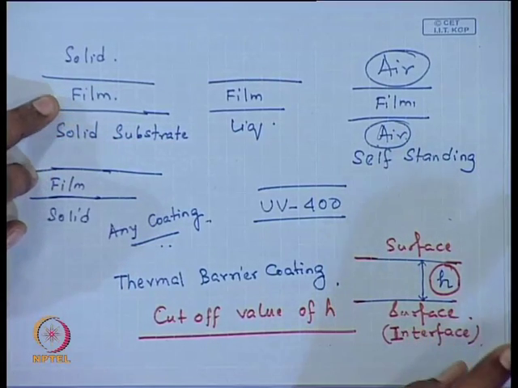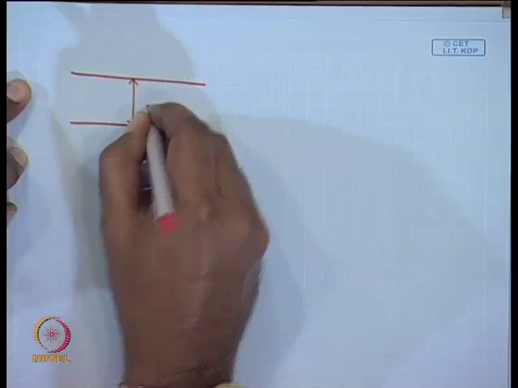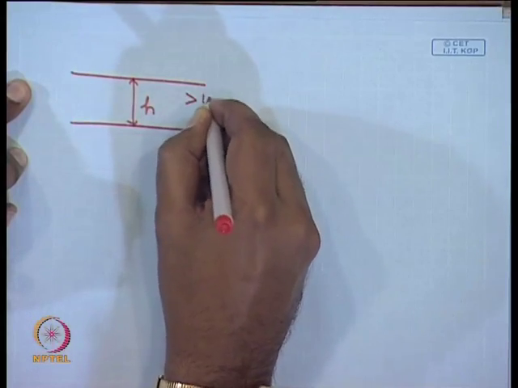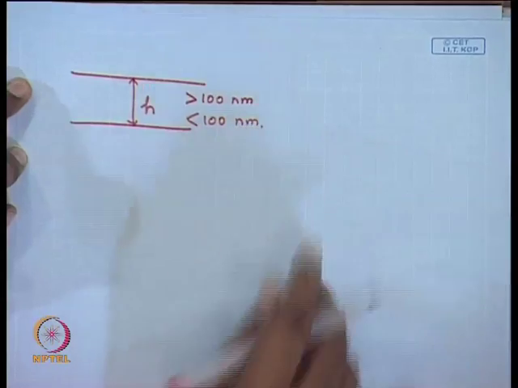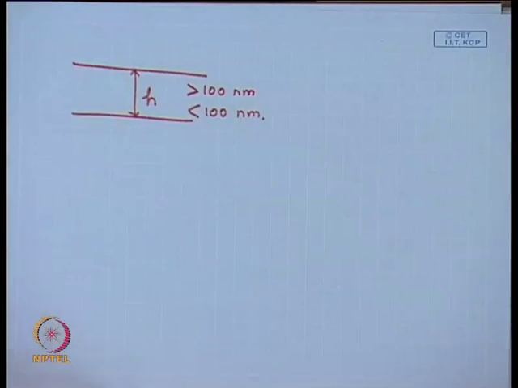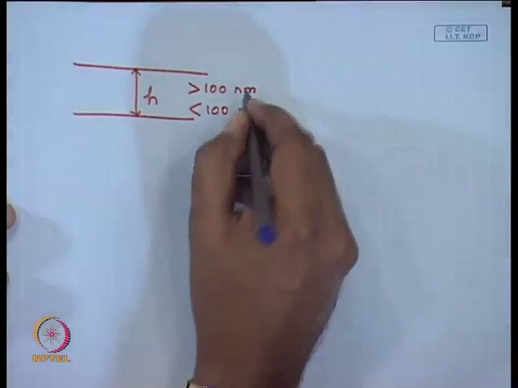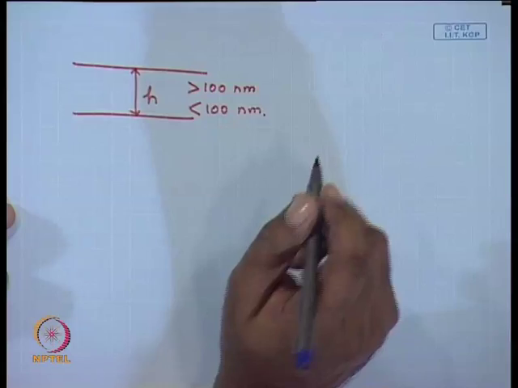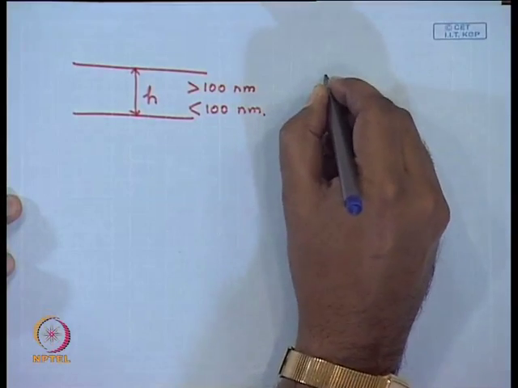We will take that up later, but what you can understand from the discussion we have had so far is that if you have a film, whether it is thicker or thinner than roughly 100 nanometer, there is going to be a significant difference. Well, this number 100 again can vary, but in other way to look at it, there is going to be a significant difference if